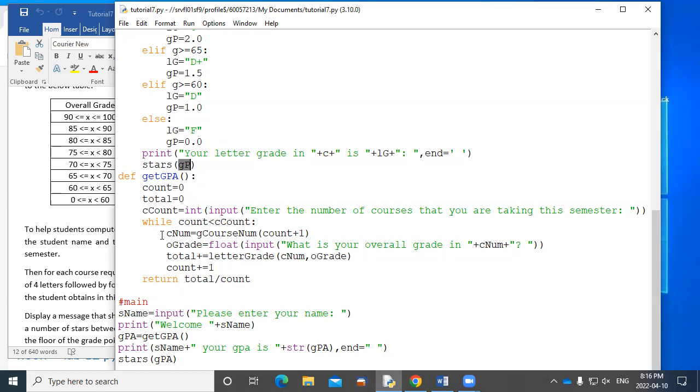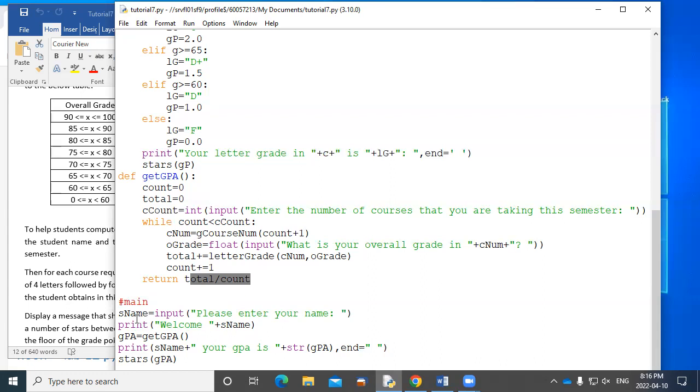And then in a counted loop, we add the number to a total. At the end, we calculate the average as the total divided by the count. Averages always work that way. You should have memorized that by now. We always do averages like that. So there's our average, and we return that.